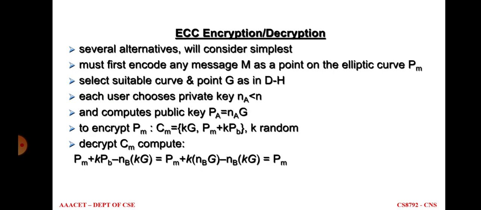Right. So then what is ECC encryption and decryption? Here also the encryption has a formula and decryption has a formula. In the last step, to encrypt, the formula is kG comma Pm plus kPB. Each and every individual variable is a value generated by user A and user B. So we have to substitute the values in the formula to get the ciphertext, and substitute them in the decryption formula to get the original plain text value.